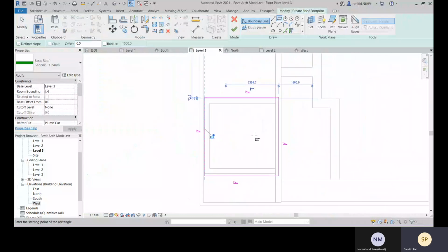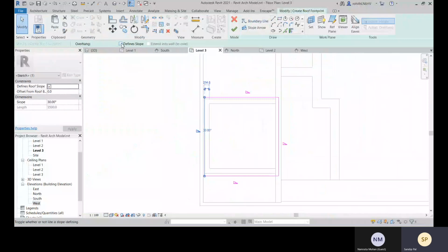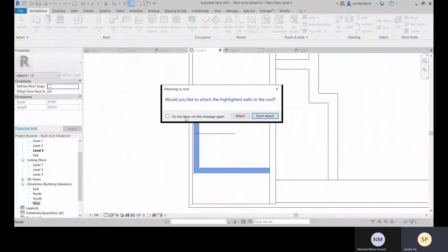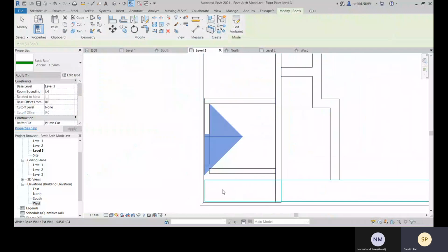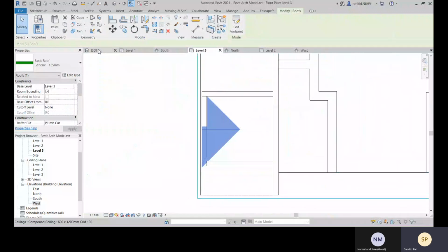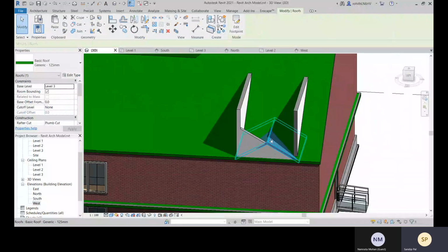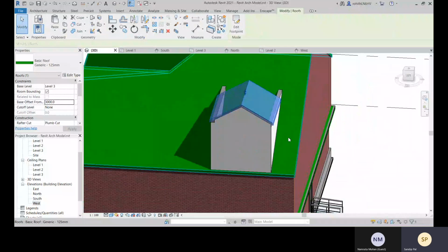Uncheck this. We'll uncheck slope for this. Let's attach this. Okay, and let's come to this 3D and we will give the height. The base offset will be 3000.